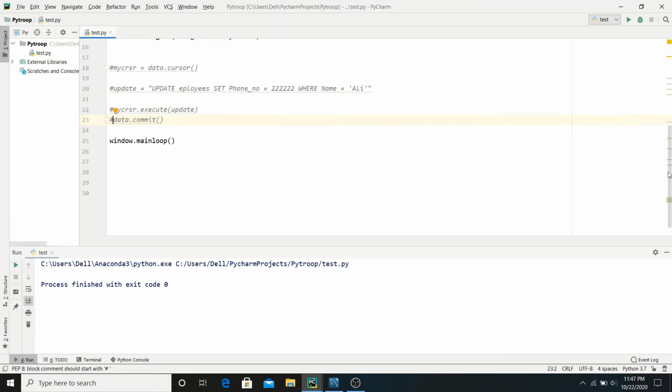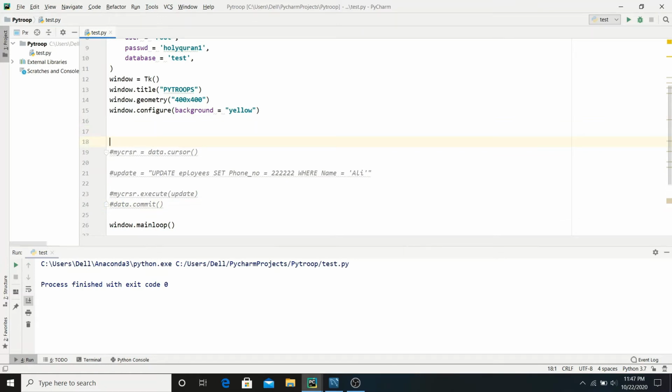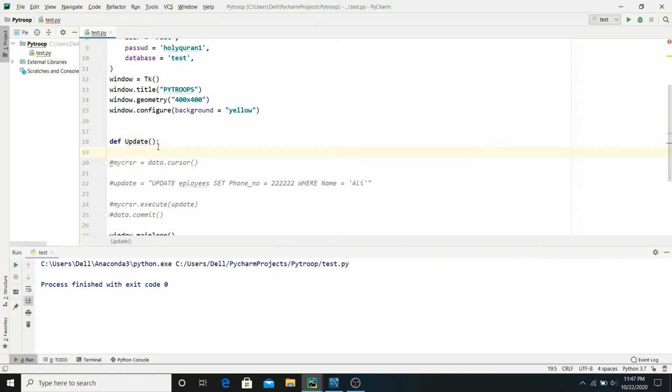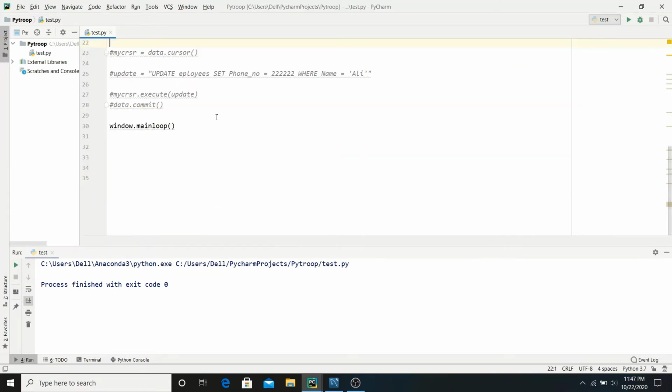Okay, so now let's create a function of update, so we can do further work. Let's say def update, and let me spell it correctly. Okay, update. And now let's just pass it for now. Now we have to create the entry boxes and buttons in the window.